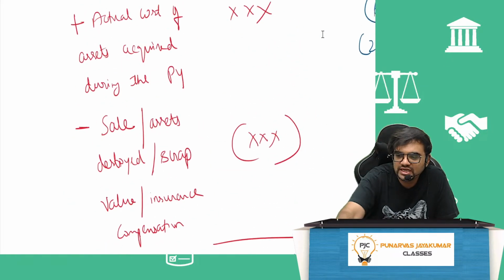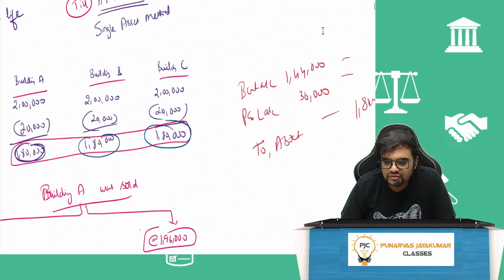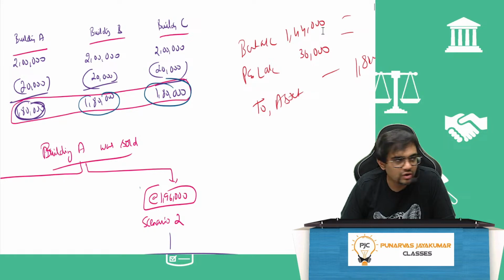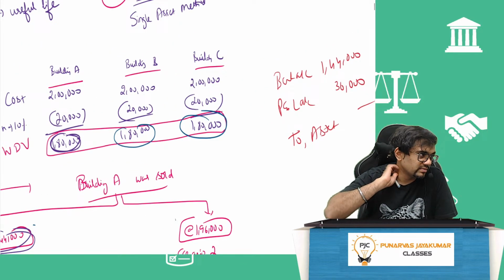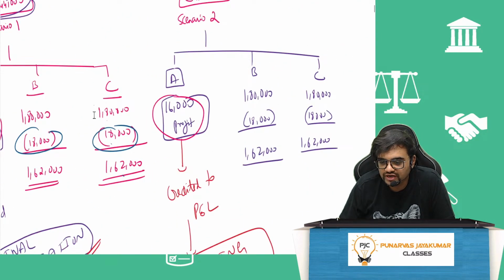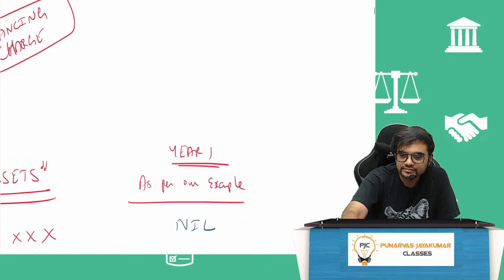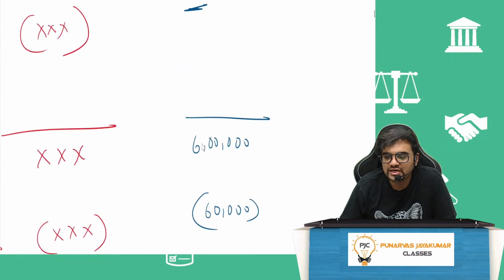So in my same example here, initially my asset was 2 lakh, 2 lakh, 2 lakh. If it were to be a block, all will come under which block? Will come under the building block, the block called buildings. How will this look now if I have to change that? As per the example, initially when I started off, nothing. During the year, what I bought? 2 lakh, 2 lakh, 2 lakh, 6 lakh. At the end of the year, nothing.